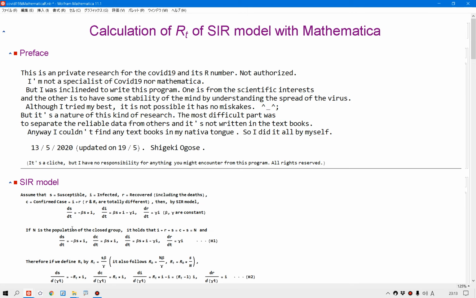Anyway, I'm not a specialist of Mathematica nor COVID-19. So the result or the number of RT itself is not very reliable. Because to get the right number of RT, what is the most important? I think the most important part is to distinguish the reliable data from unreliable data. That's what I couldn't do. And to which extent you can rely, that also I couldn't do. So don't trust numbers. But I think the algorithm that I used in this program is interesting enough to upload